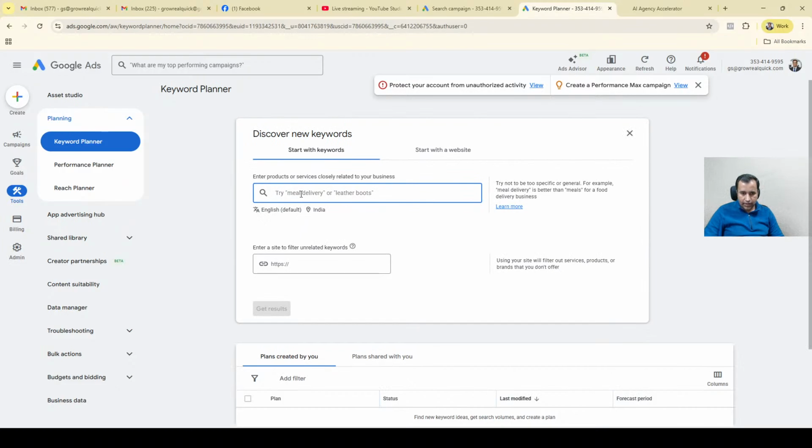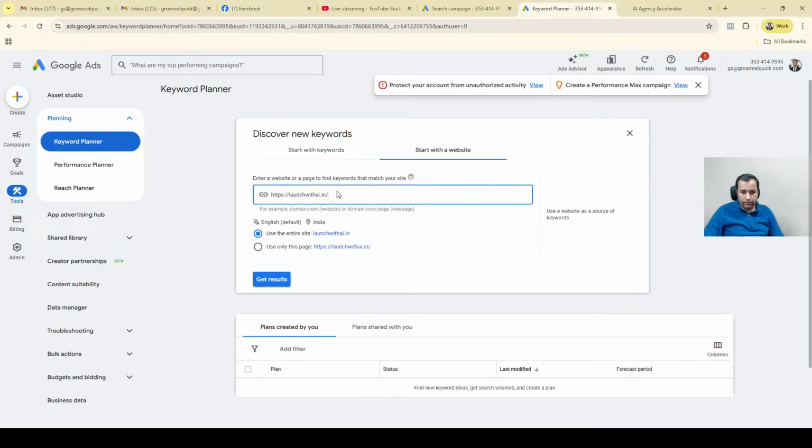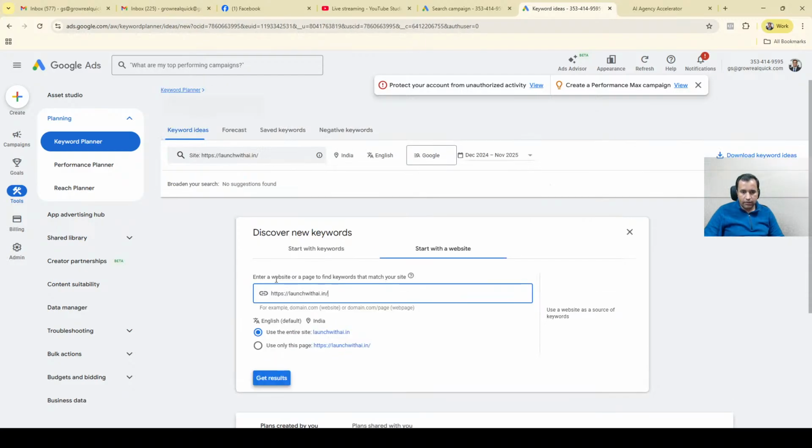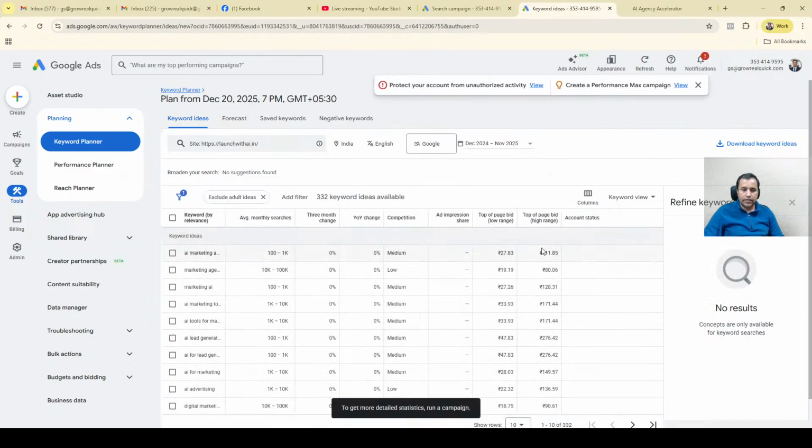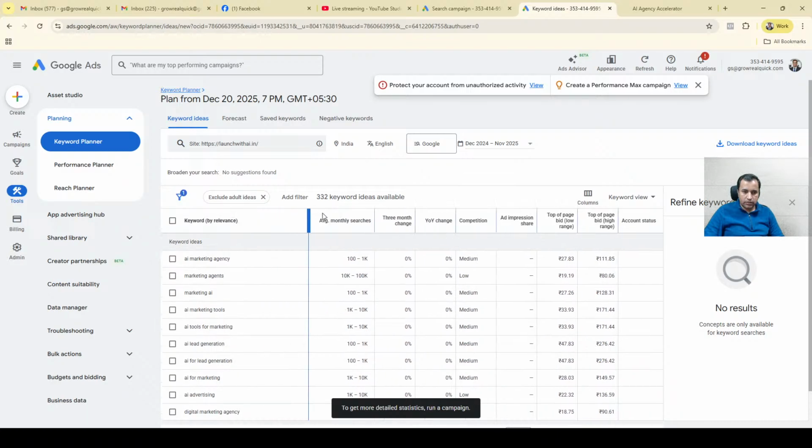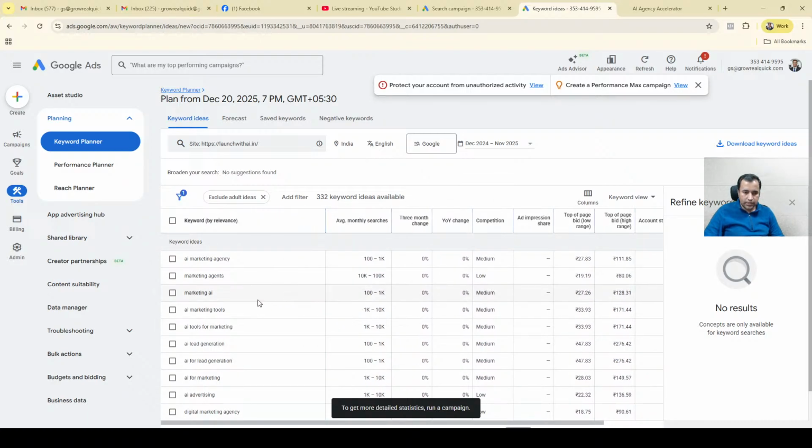So when you are trying to build your campaign initially, you can click on discover keywords. You can click on start with the website, and it will use the website to find keywords for you. So it will scan the website and you will get all the keywords. So this is the keyword list: marketing agents, AI marketing tools, AI tools for marketing, AI lead generation. So all these are keywords, and if you see some data here,